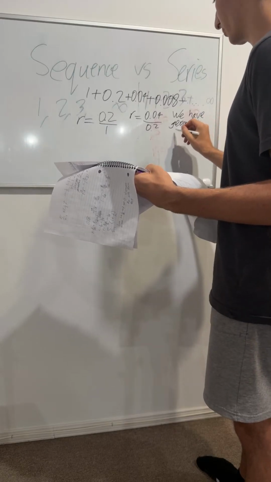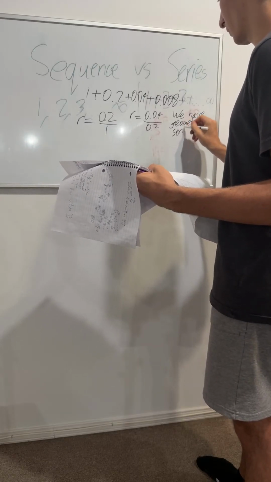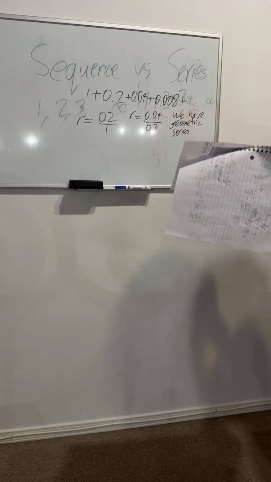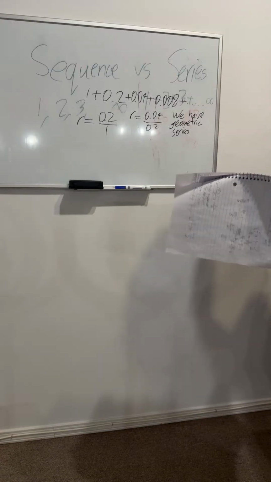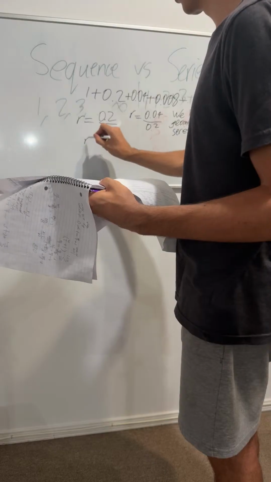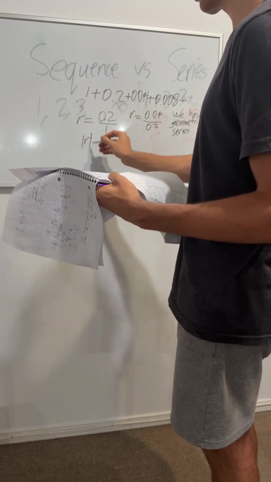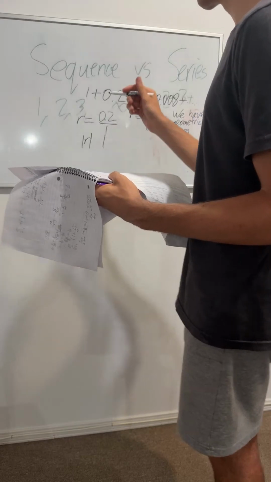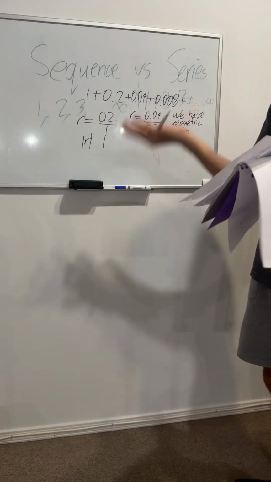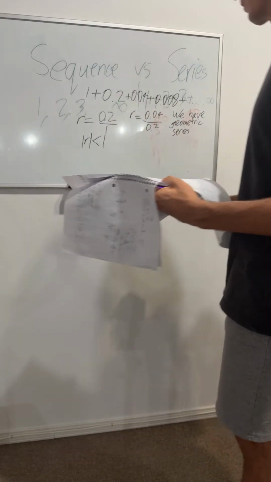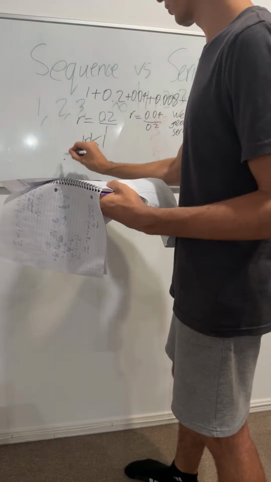The ratios are matching. That's why we can conclude this. Okay. So now, we have a geometric series. Great. What do we get? The absolute value of r. What is our r? Our r is 0.2. We get the absolute value of 0.2 and we compare it to 1. So is 0.2 bigger or less than 1? 0.2 is obviously less than 1. Thus, we have convergence